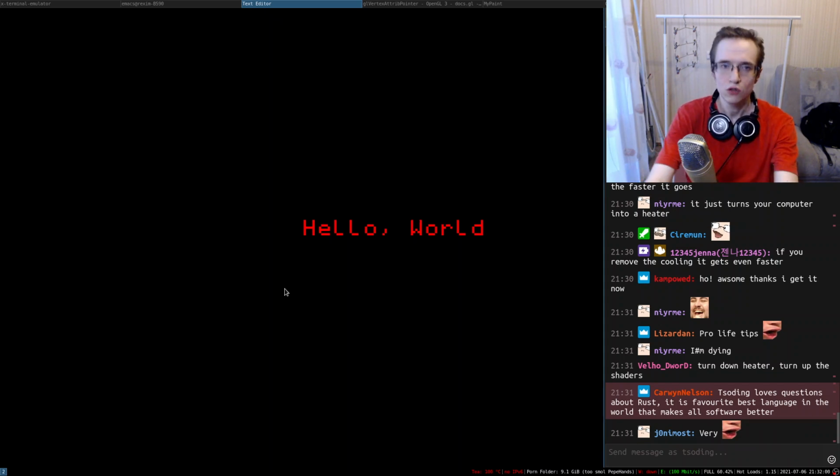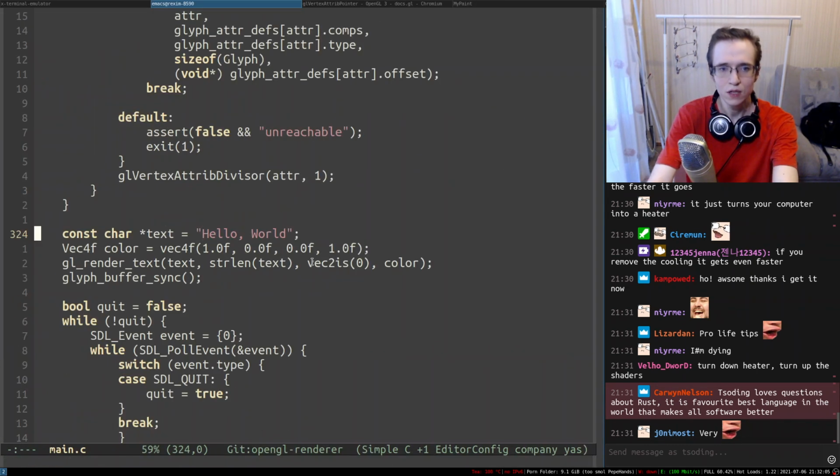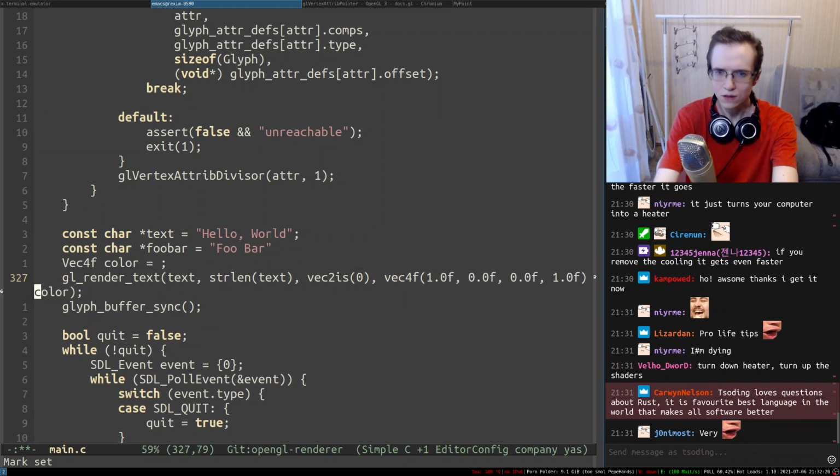I really like that. So if you want to render something on a different line, right, so here's hello world, right, and so it could be something like foo bar, with a different color maybe.